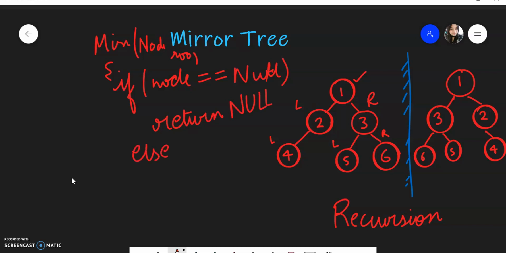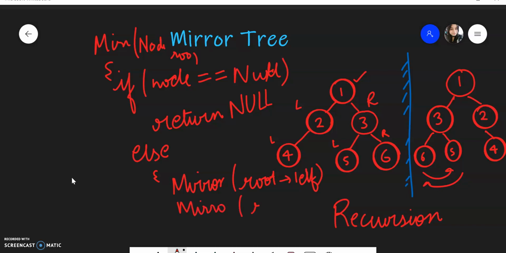Else, see, it is pretty straightforward. What we are doing is we are just swapping the right child and left child, right? But before that, we need to call this mirror function for root dot left, because we want to convert the left subtree also into the mirror, and same for the right subtree, right?